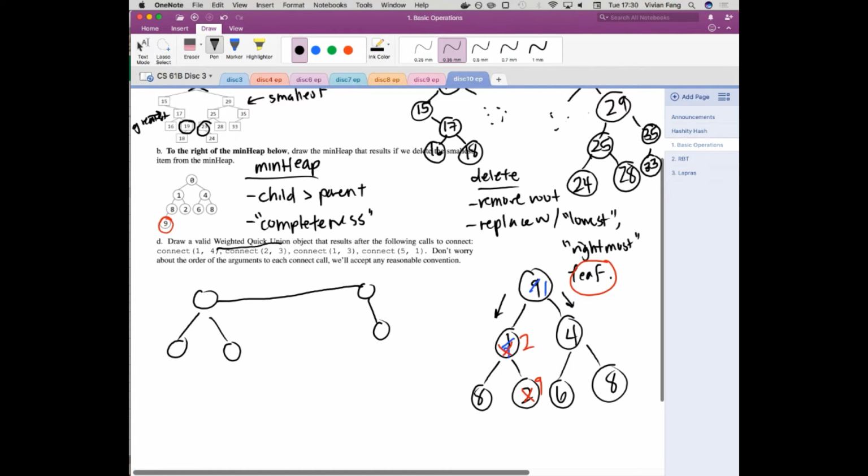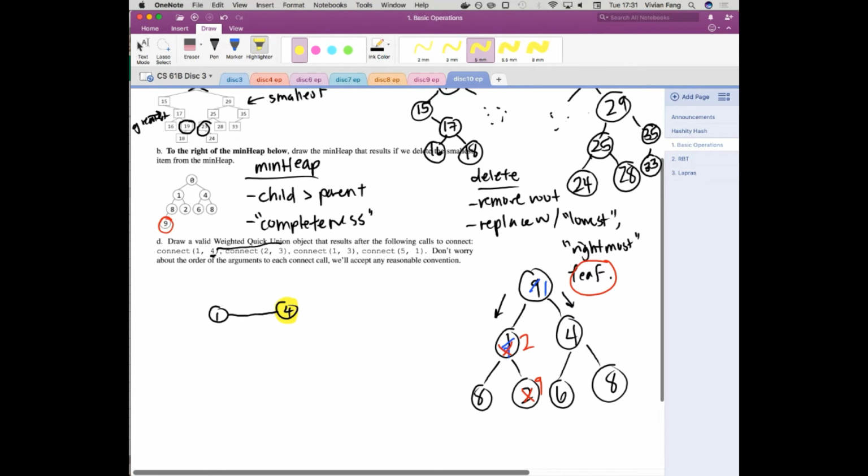Okay. So the convention we'll follow is that we'll make this the parent node. So if we're gonna connect 1 and 4, we'll just draw the line like that. And then we'll promote this, we'll make this the root.